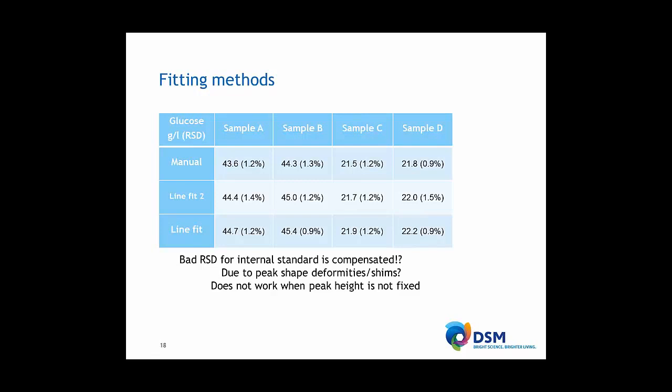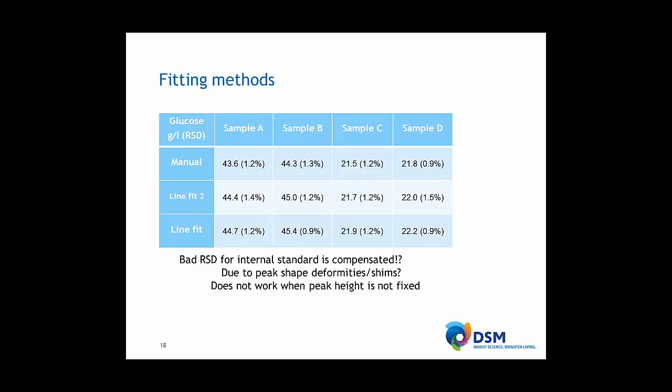Well, first of all, this came as a big surprise. However, there are also suggestions in literature that this is actually going on. I don't know exactly why there is such variation. It may be due to peak shape deformities or due to shimming differences. But anyway,